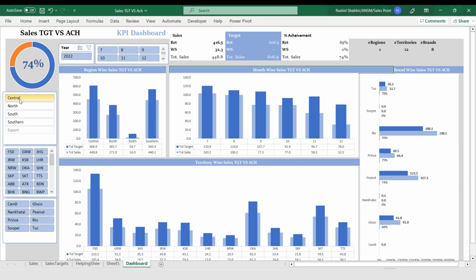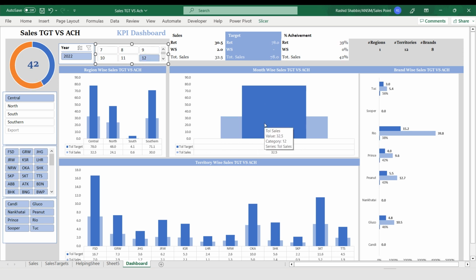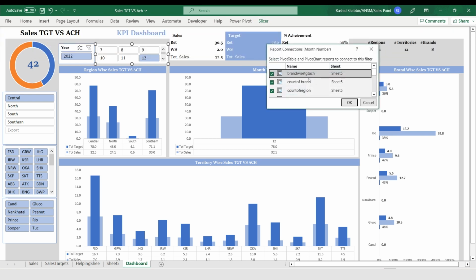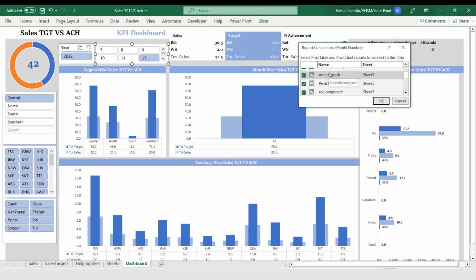If I'm selecting any region, it is not slicing this portion, but it is slicing all the rest of the charts. Similarly, if I'm selecting month number 12, it is slicing this chart as well. So if I want it to slice all the charts other than month wise sales, then what should I do? I just select this slicer and go to report connection. From here I will uncheck the month target versus achievement,